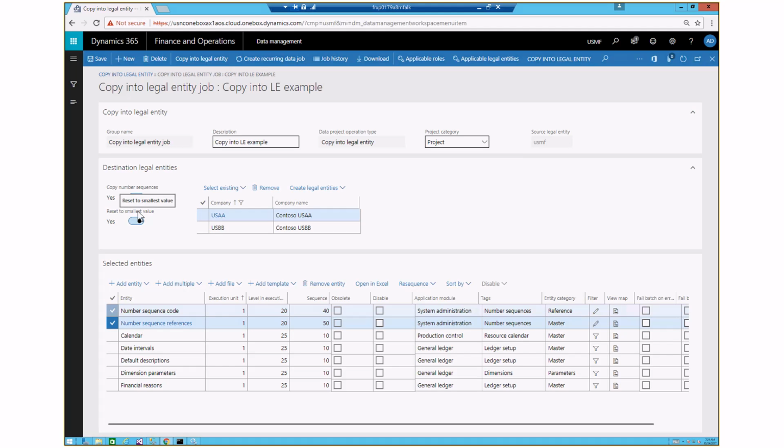Also, you'll see this thing that says reset to smallest value. That's optional as well. Sometimes if you're using company specific number sequences, you want to reset that smallest value. So instead of starting at 27 in USMF, and then when you copied it, it's still starting at 27, you might want to say, I want to start back at 1, or whatever the smallest value is. We'll reset it for you. But again, that's optional. But the meat of the feature is right here in this